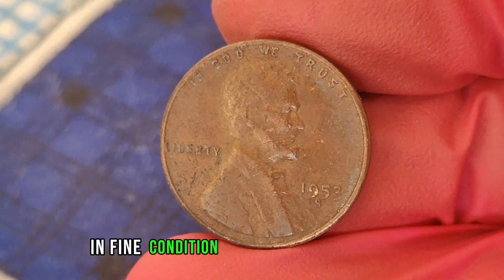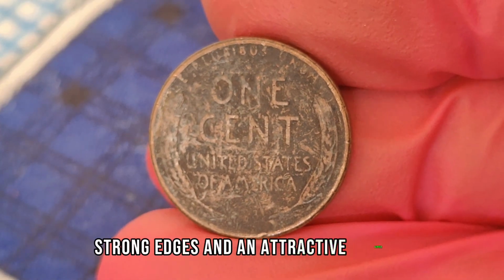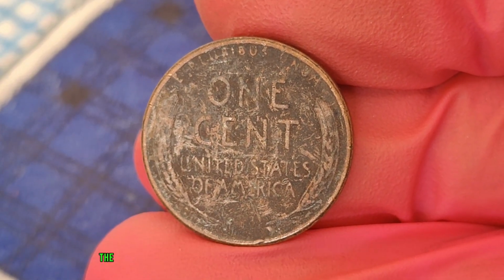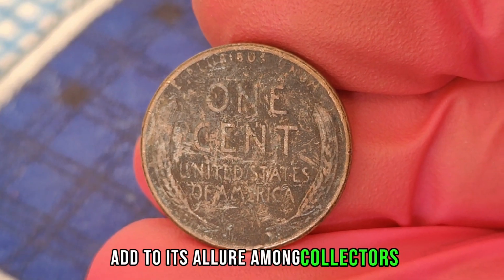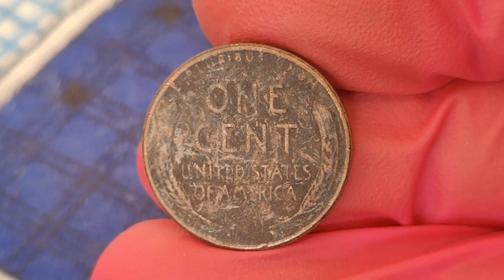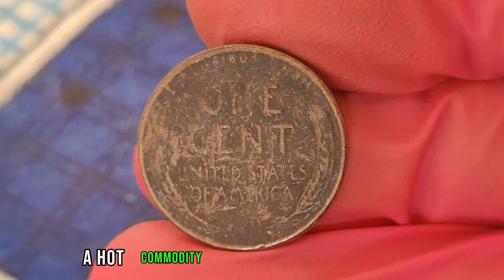In fine condition, this coin retains clear lettering, strong edges, and an attractive copper tone, giving it both historical and aesthetic appeal. The fine details preserved in this grade add to its allure among collectors, who are constantly on the lookout for high-quality specimens. Now, let us talk about rarity and what makes this coin a hot commodity in the